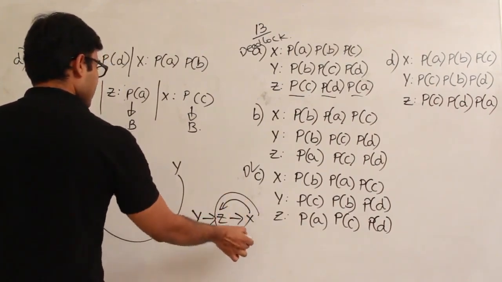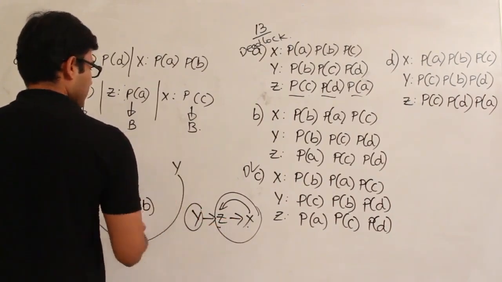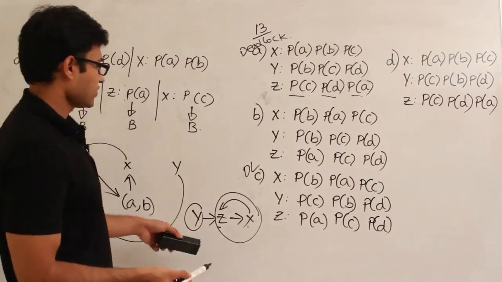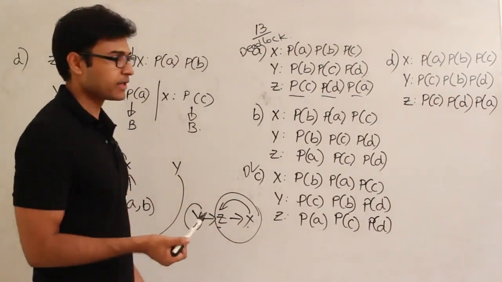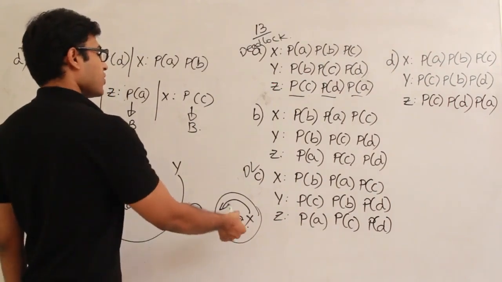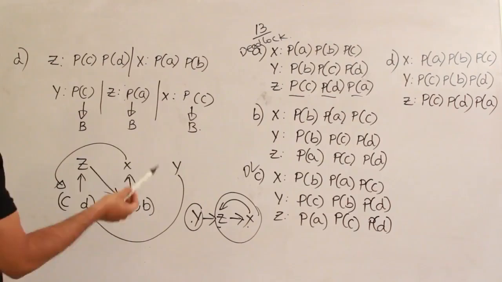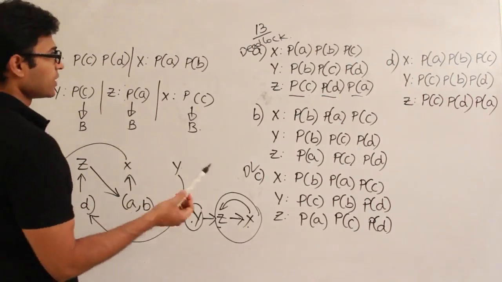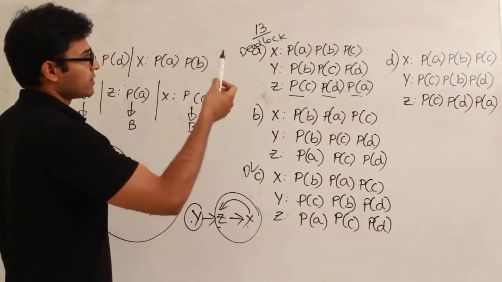But then in this cycle only Z and X are there, right? And Y is not there. So what happens to Y is, it is not actually in this cycle, but still it is going to be blocked and it is going to be in the deadlock. The reason is these two are not going to come out of the cycle, therefore this one will also not come out of the cycle, right? So if Y has to come out of the cycle, C has to be released, but then Y is not going to release the C, because C is taken by